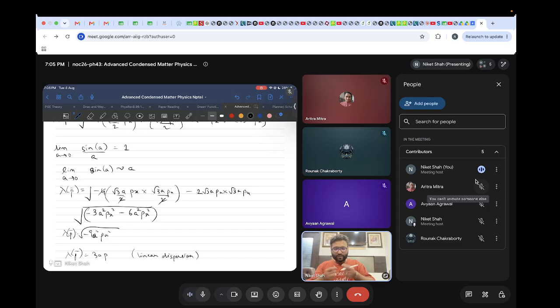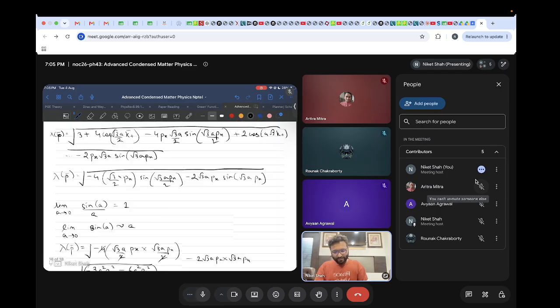And that is what your Dirac dispersion is. So you need to end up getting some kind of a linear dispersion. Dirac dispersion, Dirac fermions, massless Dirac fermions have a linear dispersion. So what we are trying to say is that at these Dirac points, which are these k plus and k minus points,